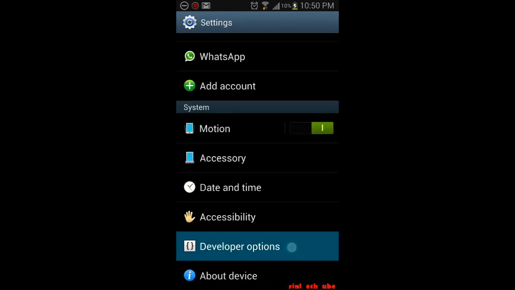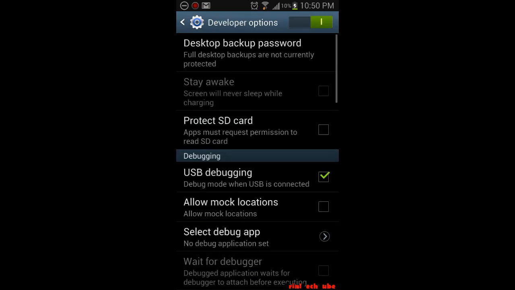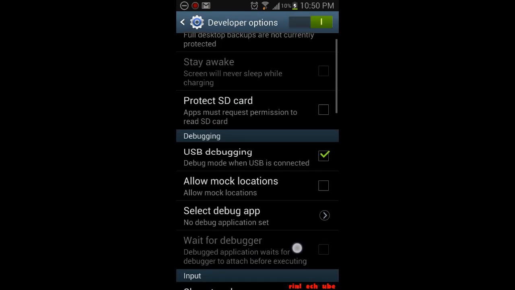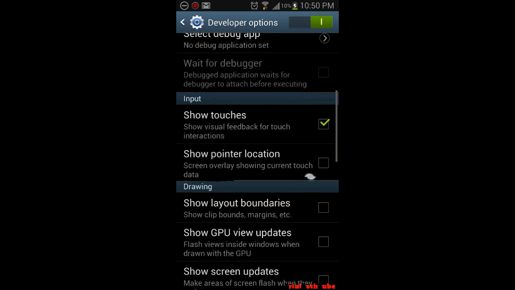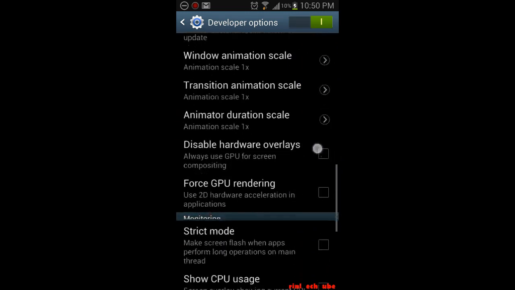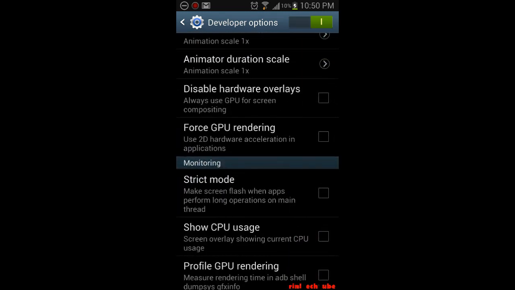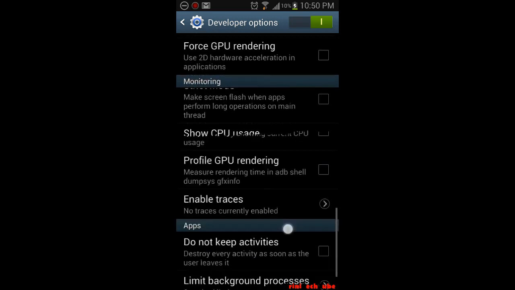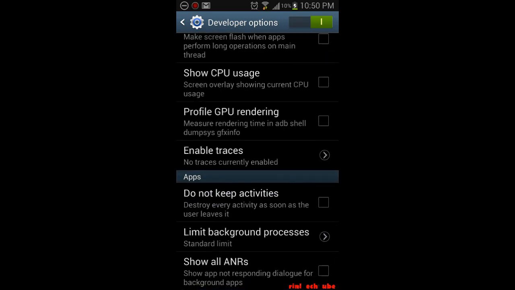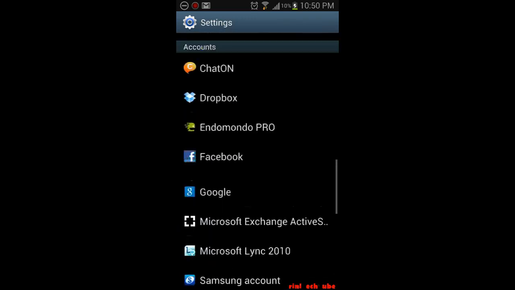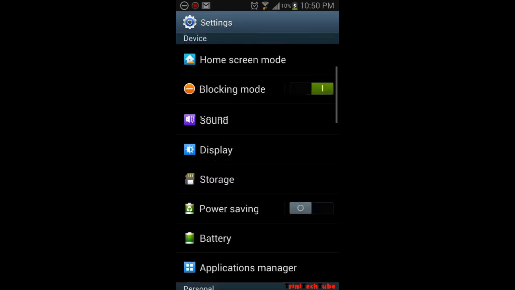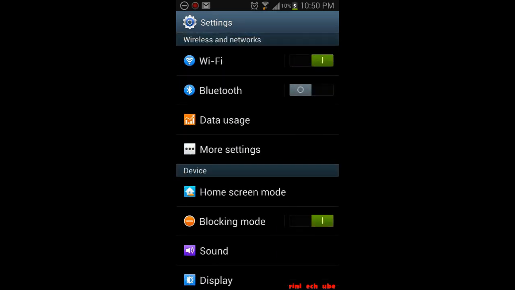And there are some additional options in developer mode. Yes, there are. Disable hardware overlays, that wasn't there before, and whatever else wasn't there. Right. Another option that I've seen on the phone